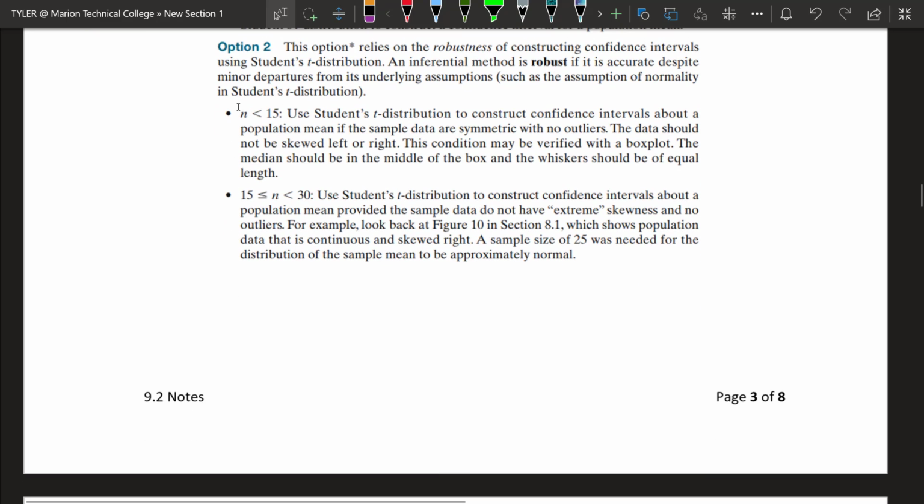Right. So if n is less than 15, or if 15 is less than or equal to n less than 30, we have some different options here, right? So we need to make sure that there's no skewness going on left to right if n is less than 15, and also we need to make sure that there are no outliers, right? So we're going to make a box plot to verify that. And then if n is in between 15 and 30, we just need to make sure there's no extreme skewness and no outliers, right? So there can be a little bit of skewness for 15 less than or equal to n less than 30, but we can't have a lot of